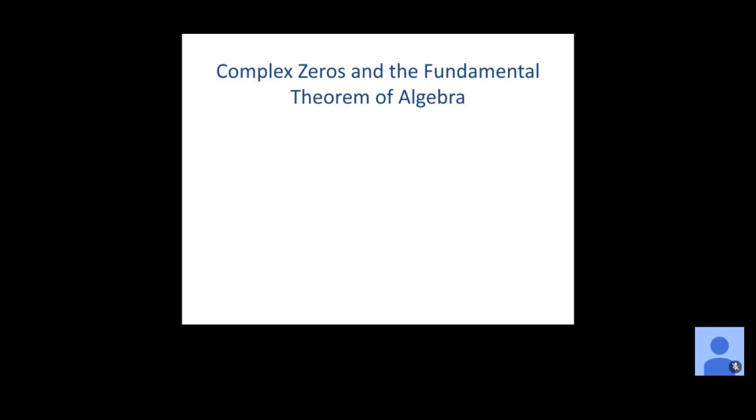Good morning. All right, so we're going to jump back into chapter 3 now. This is 3.5, complex zeros. So remember we talked about complex numbers last time in 1.6, and so now we're going to be able to use those complex numbers to find all the possible zeros of these polynomials, right? So before we were just looking at the rational and irrational real zeros of polynomials. Now we can say, well, we could actually have some that are complex, and so now we can find them